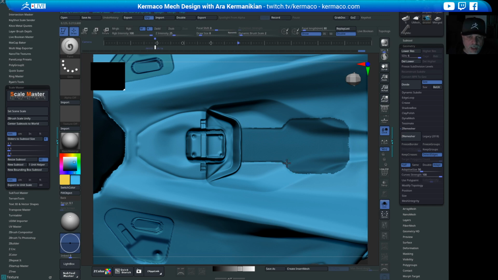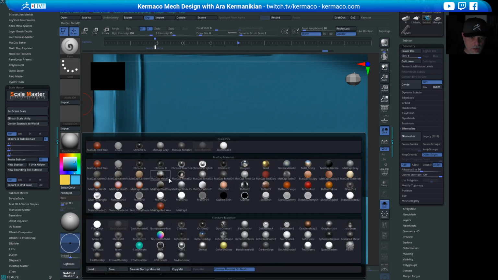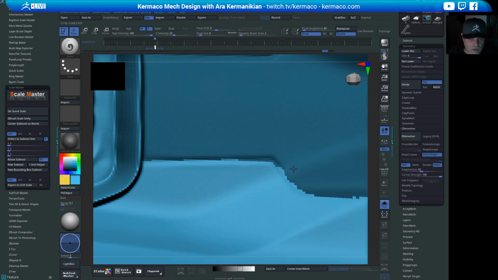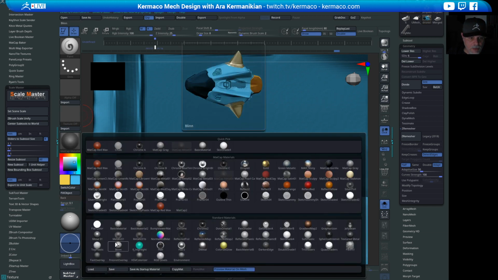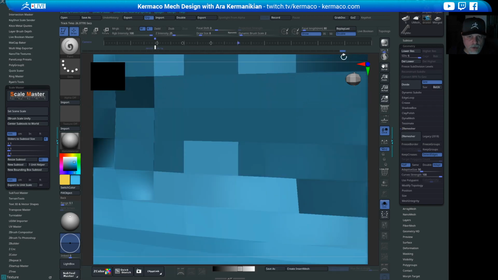Or if you want it to be really, really precise, then you can always zoom in. Go back to whatever material that was. So here I'm just going to go back to that material. I think it was this one right here, and just paint whatever you want back on. And then by doing a little bit more of this work, you can at some point be done with it. And then once you're done and you send it over to Keyshot,